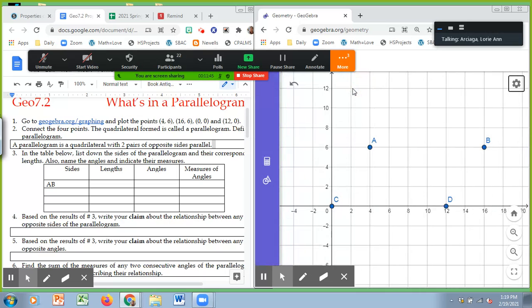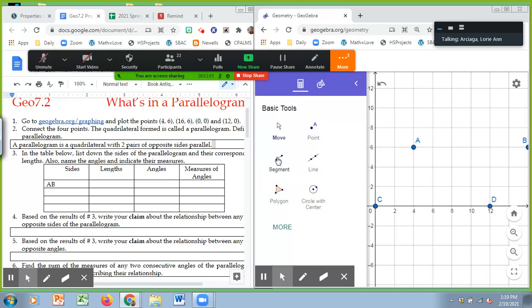So now you have to connect the points. Use the geometry mode and click on segment. Am I going too fast? Just right? Am I losing you? Okay. Let me know if you're confused. So what am I going to do next? I'm going to connect the